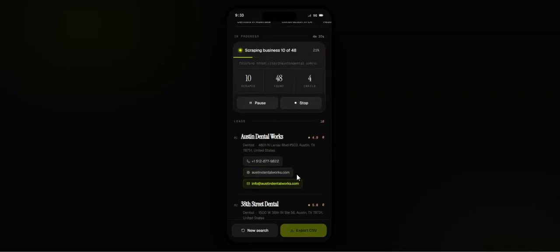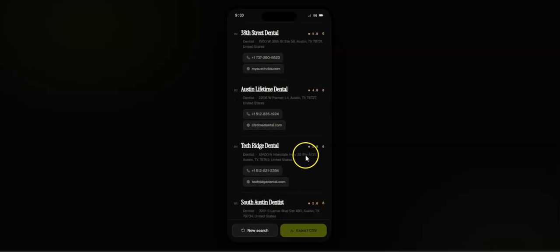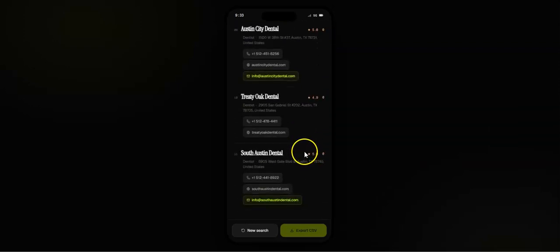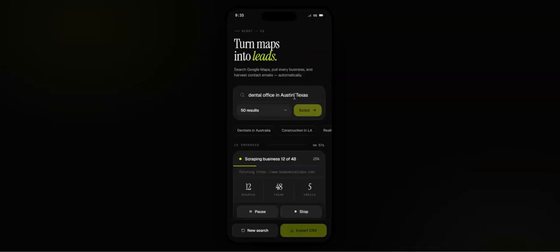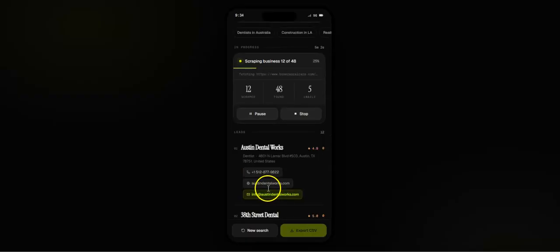I think we already have 10 scraped, 4 with emails. Once you are done scraping, it's already complete. All the 48 data have already been scraped. You can click on export CSV, so it exported to a CSV file, and then every business name, every address, every phone number, every email, every